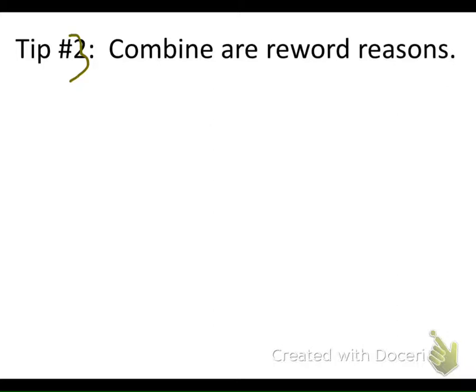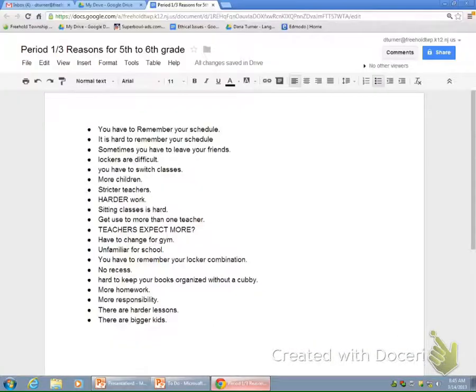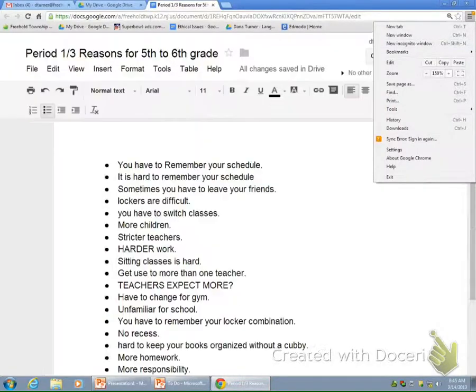It's almost like what you did when you were in 2nd grade, right? When you would have a picture of a dog and a baseball mitt and a baseball bat and a pitcher's mound. Well, which 3 go together? The 3 baseball items. So we have to look at our list up here and ask which of these can definitely be combined because they sound alike. Now, not everything can be combined, so don't feel like you have to combine every single one of these.